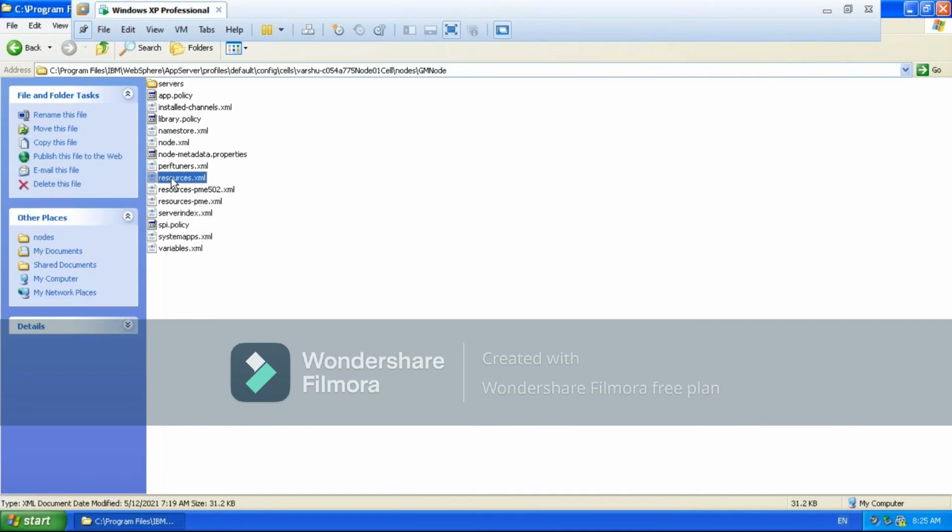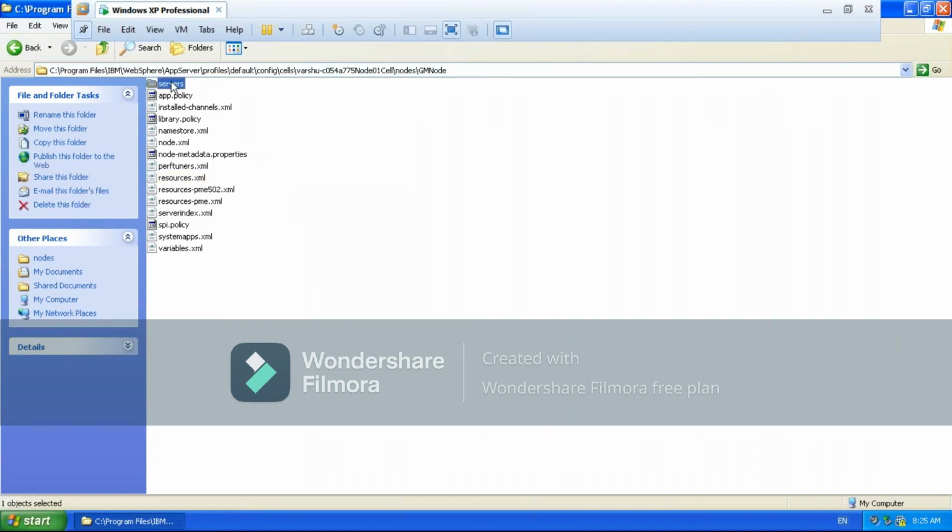This resource.xml file will be updated. So if this resource.xml file is updated, whatever JVMs are created under this node, n number of JVMs you can create under the node, right? Once it is a managed node, all n number of JVMs can use that JDBC resource to interact with the database.